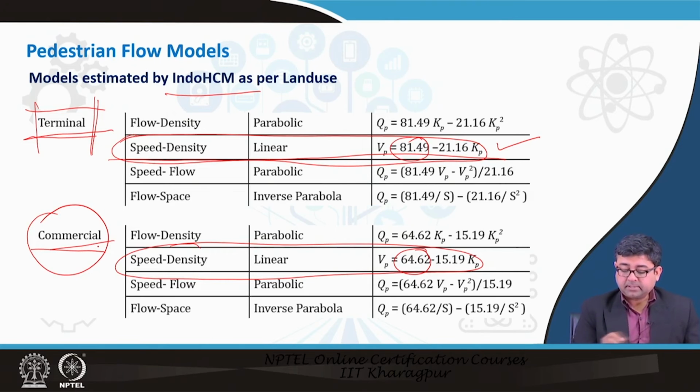In commercial places people will usually walk slower, maybe there are shops where they are shopping. And usually the number of people walking in commercial areas is also high. So, the speeds may be low, and hence the free flow speed is lower than in the case of terminal spaces